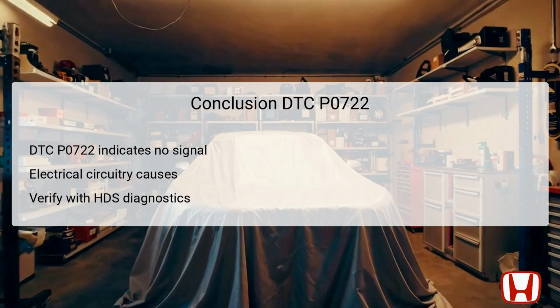In summary, DTC P0722 signifies a critical issue with the output shaft speed sensor, particularly indicating a lack of signal input. The primary causes are typically electrical circuit issues rather than mechanical problems, emphasizing the importance of investigating the wiring and connectors leading to the sensor. Utilizing the Honda Diagnostic System, HDS, for diagnostic checks provides valuable insights into the vehicle's conditions, allowing for a structured